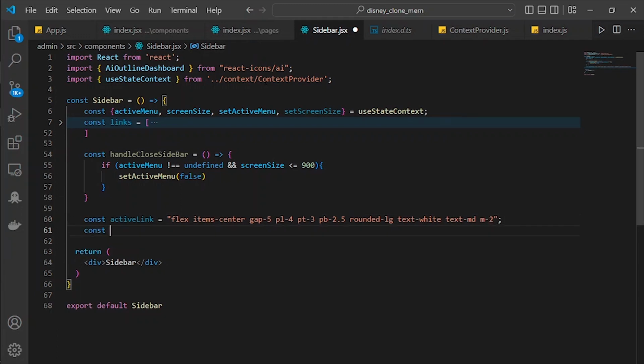And then we will have const normal link is equal to, for the normal link we'll have flex, and then item center gap is 5, padding left is 4, padding top is 3, padding bottom is 2.5, for the rounded is LG, for the text is white. Oh, this one is not white, this is going to be gray, and then 700. That's 700. Save, and then